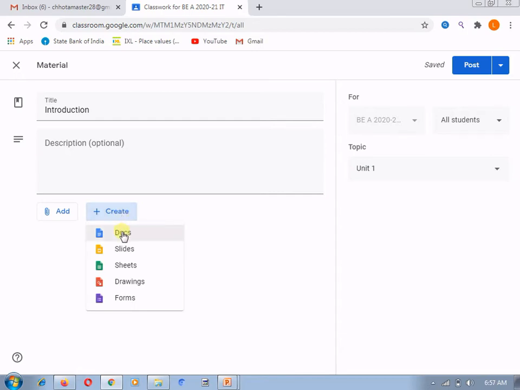You can type the things which are there in the introduction from unit number 1. You can prepare your own slides, your own sheet, you can draw your own diagrams. Suppose for some topics in the introduction a diagram is required, for example the architecture and these types of topics from your syllabus, for which you can draw your own diagrams, and also you can upload a survey form